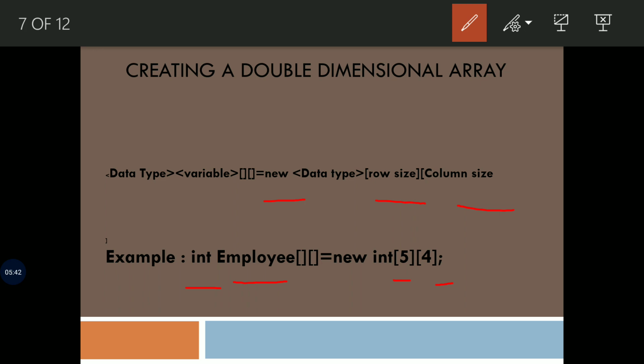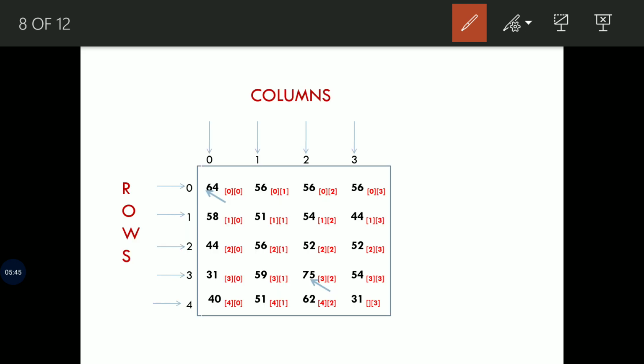To understand better, here is the array called employees. In this we have the first row. In that we have 4 elements. Each one represents a single column. Then the second row, then third, fourth, and fifth row. Here we have 5 rows and 4 columns.